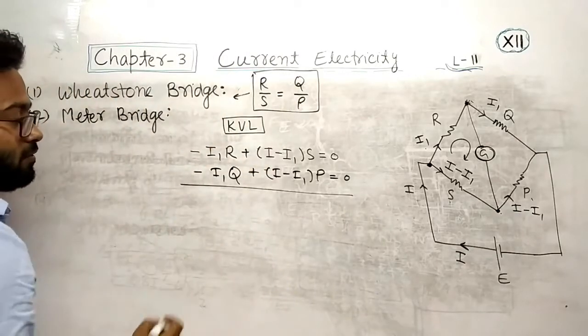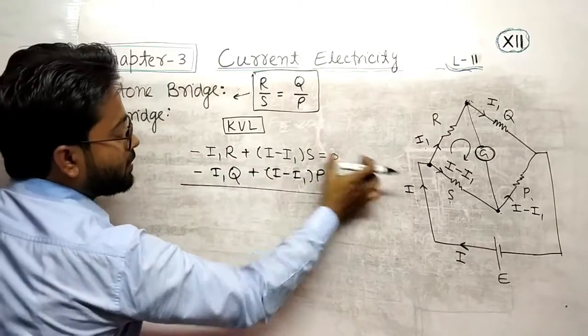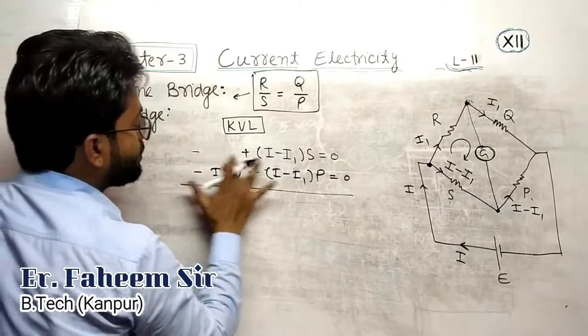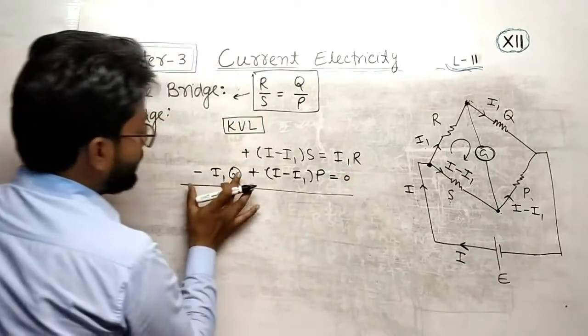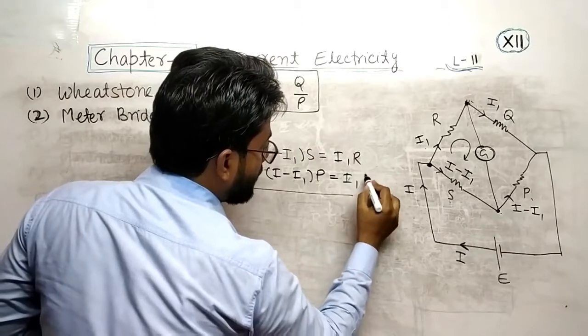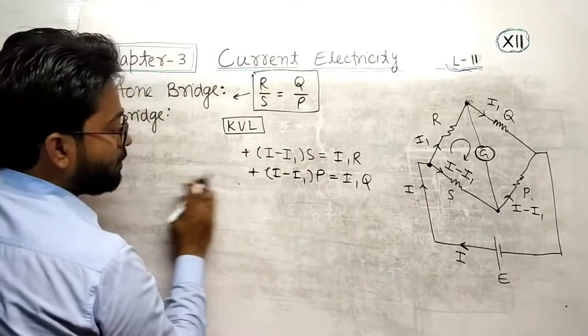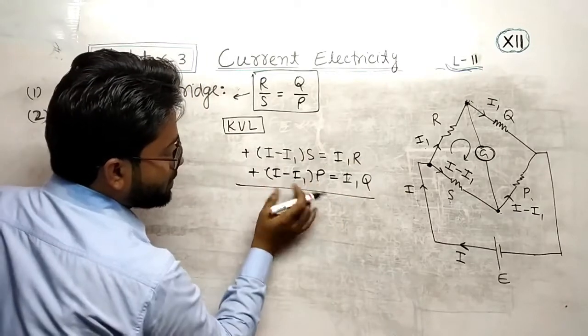If you see, this is minus I1R, here this will be positive, that will be I1R. This will be I1Q, positive. If you divide these two equations, this upon this,